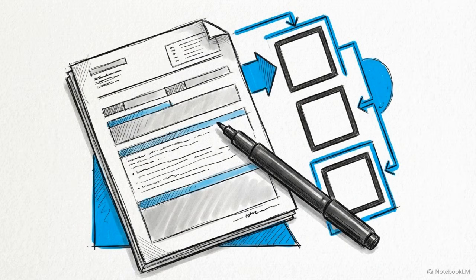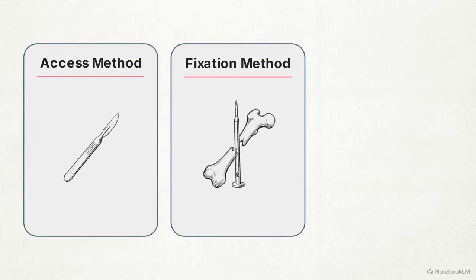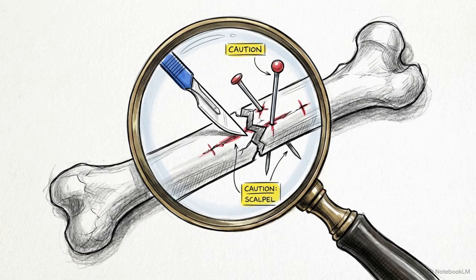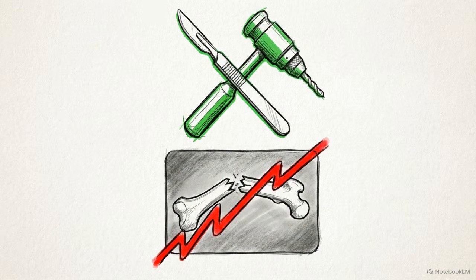When reviewing an operative report, the final workflow comes down to 3 questions. Did the surgeon open the site? How was the bone stabilized? And which services are already covered by the global bundle? Effective coding requires looking past the injury and focusing on the incision and the method of fixation. Compliance is found in the procedure, not the